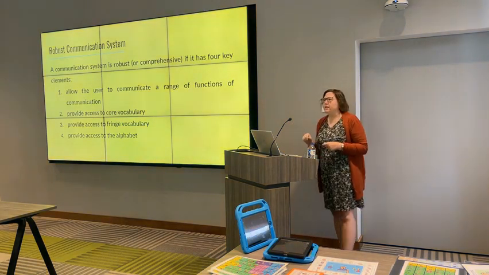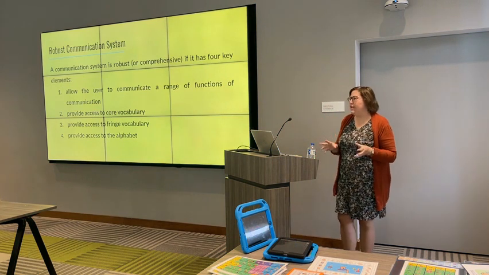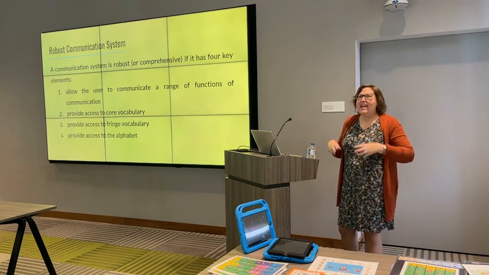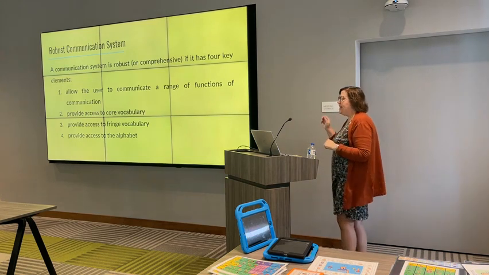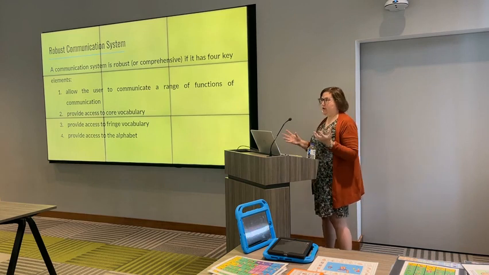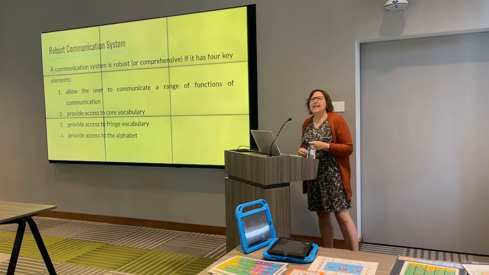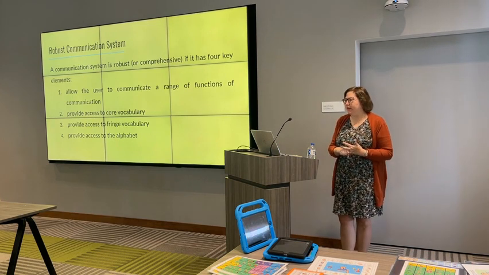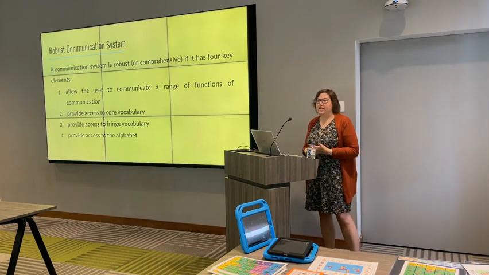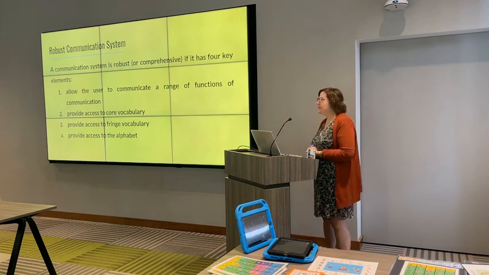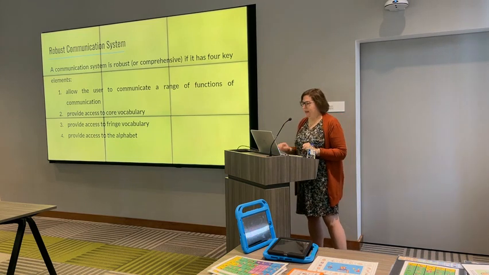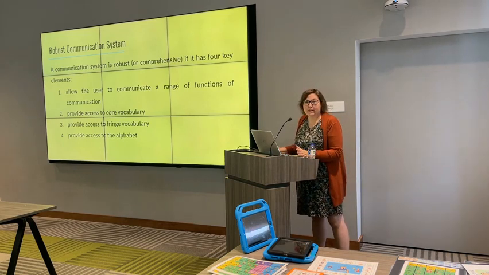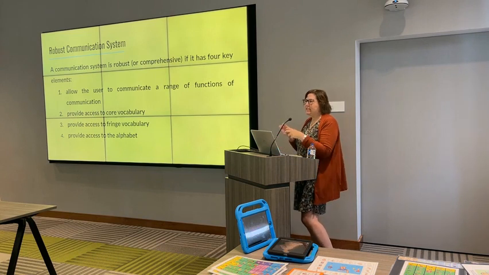This goes into something that is a robust communication system. And what we mean by this is that it's comprehensive. It has 4 key elements. It allows the user to communicate a range of functions of communication. It has access to core vocabulary, it has access to fringe vocabulary, and it provides access to the alphabet. And we're gonna go over some of these just to explain exactly what we mean here. All right, and so that's what we want for all our communicators. We want them to have a robust language system